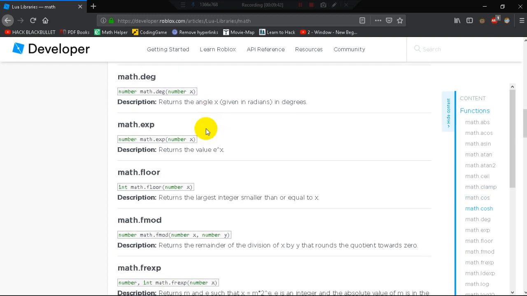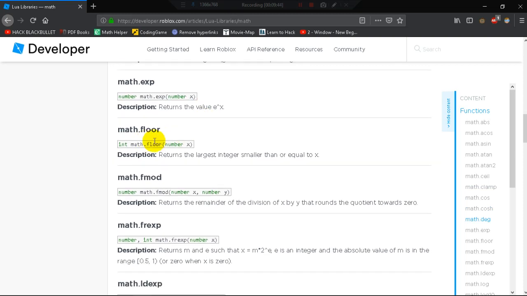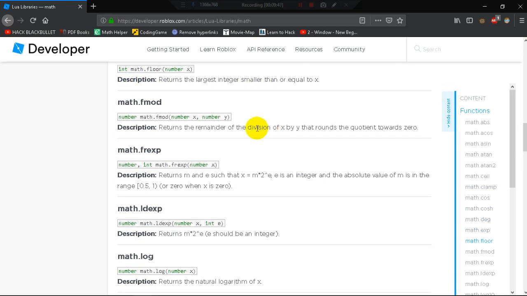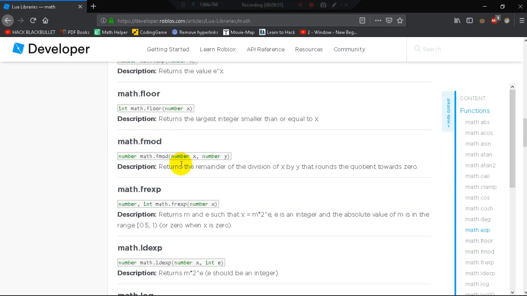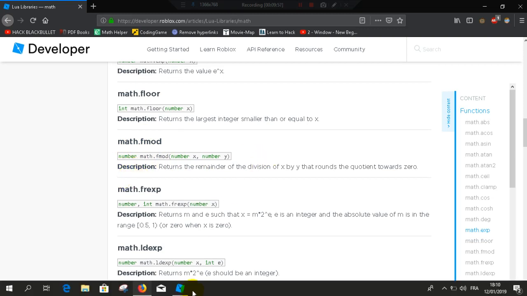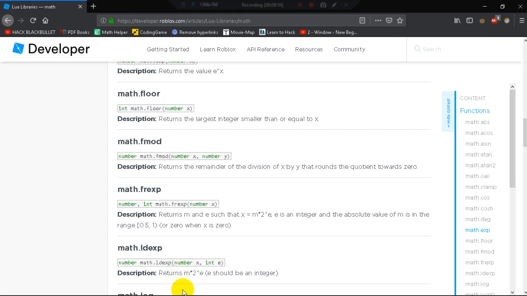Cool. Now what we have, math.cos, we use a lot in tangents, angles and stuff, but it's not going to get into it now. Math.floor, we've seen it. And math.fmod just returns the remainder of the division of x by y that rounds the quotient towards 0. Well, what that means,